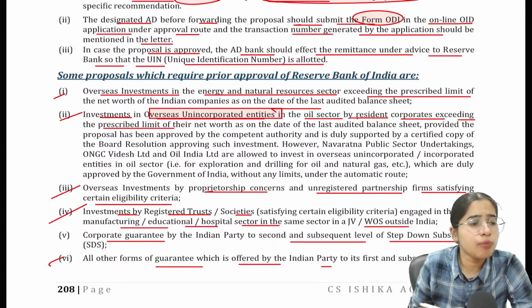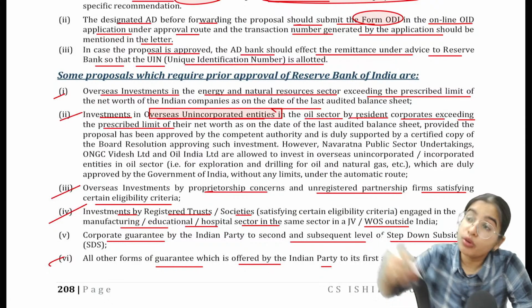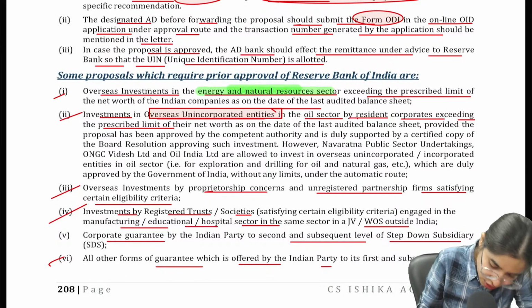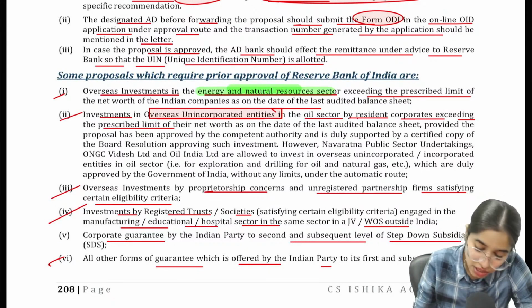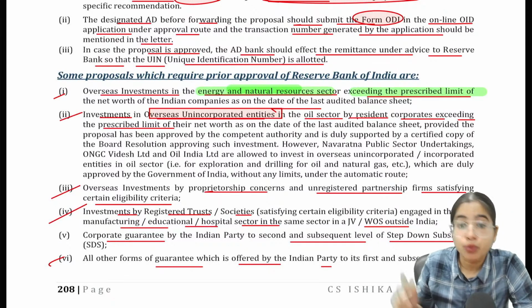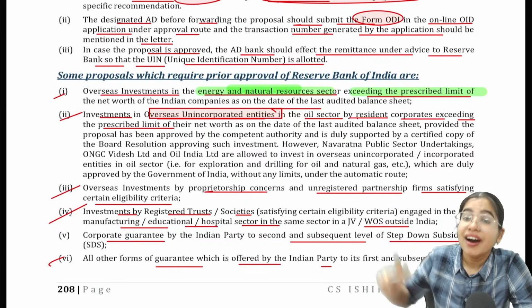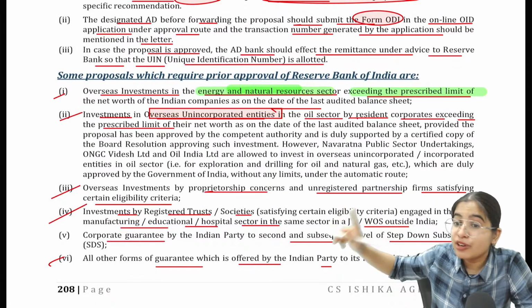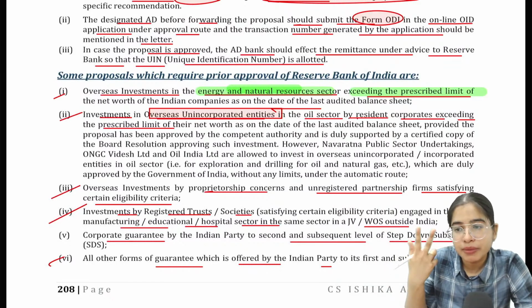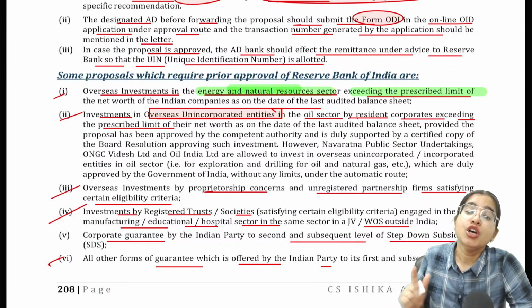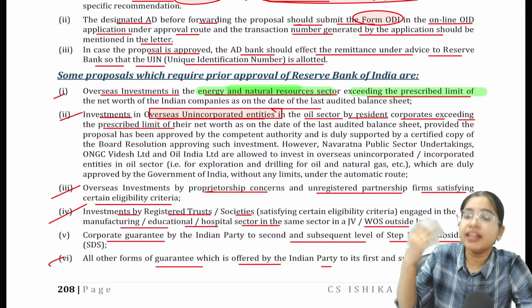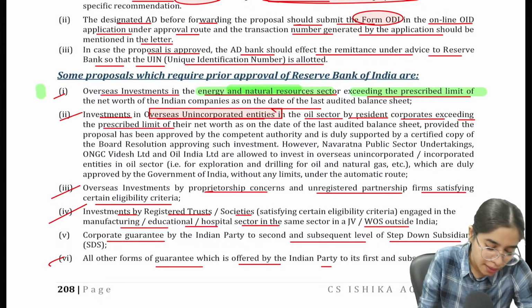Here some additional points are given: if you want to invest outside India in energy or natural resources exceeding the prescribed limit. What is the limit? Remember, the limit is 1 billion US dollars or 400% of your net worth, whichever is lower. Two limits were there, yes, that limit only. So if you are making investment in energy or natural resources exceeding the prescribed limit, then you compulsorily have to